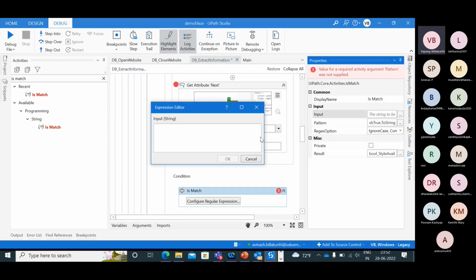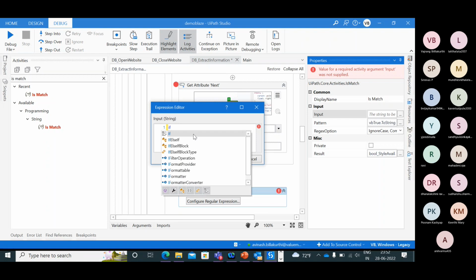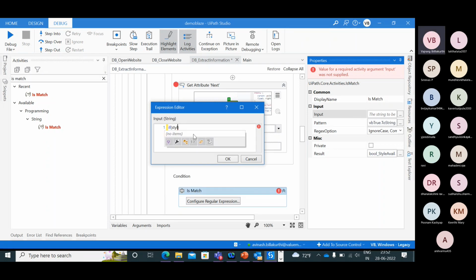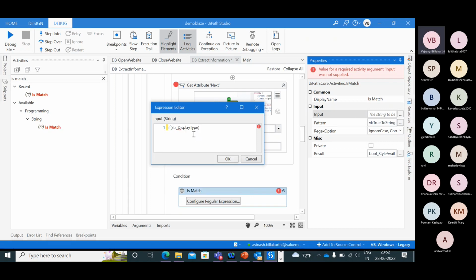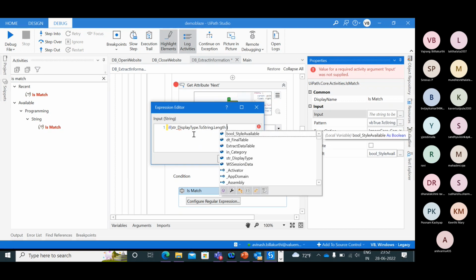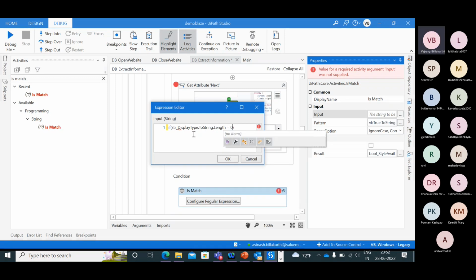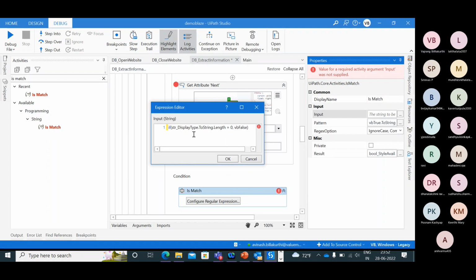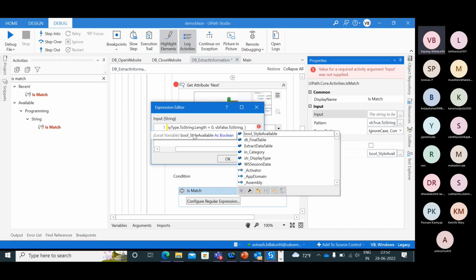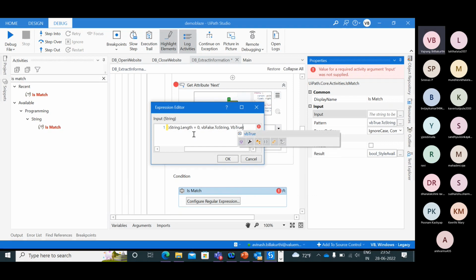And by the way, I'll share the code. Don't worry about that. But here what I'll do is, if str style display type dot to string dot length equal to 0, then this should be VB false dot to string, or if it is false, then it is VB true, if it is not 0 dot to string.